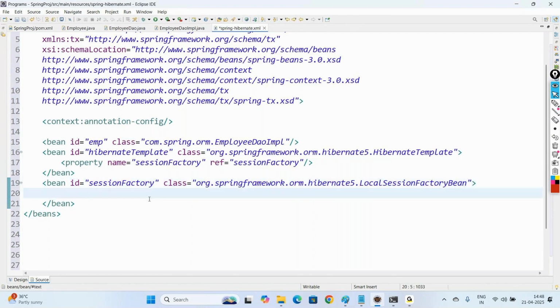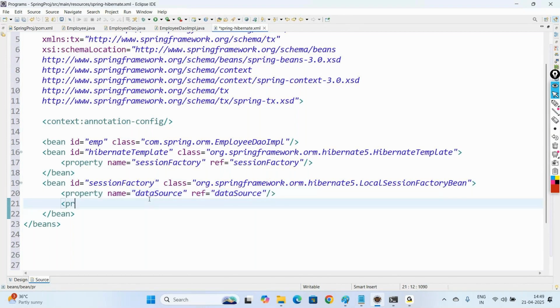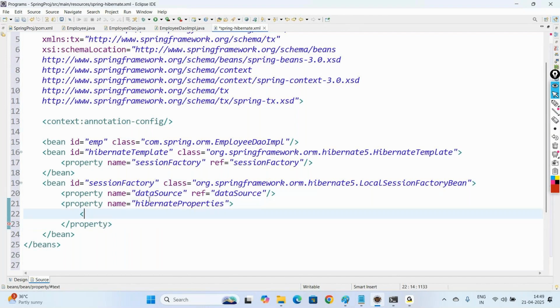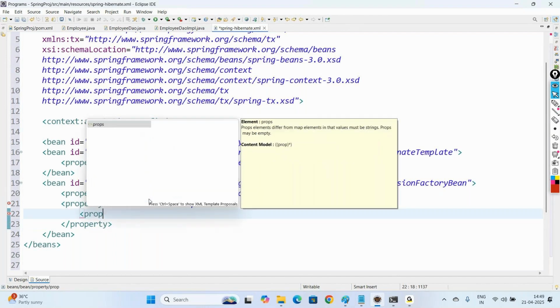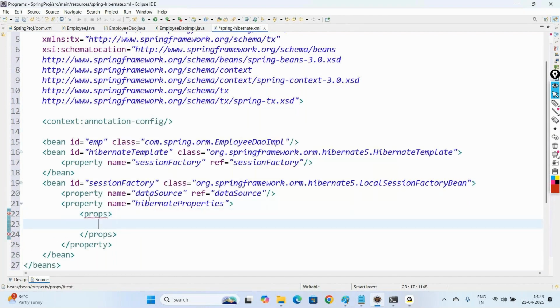In LocalSessionFactoryBean, it goes with the property name dataSource, reference dataSource. It goes with some more properties, like property name hibernateProperties. So provide the Hibernate properties here, like props, prop key equal to